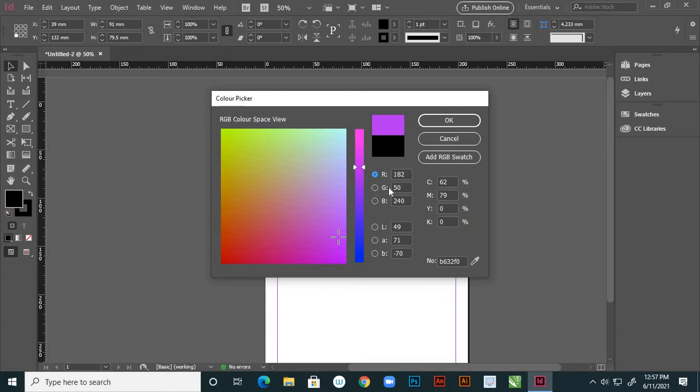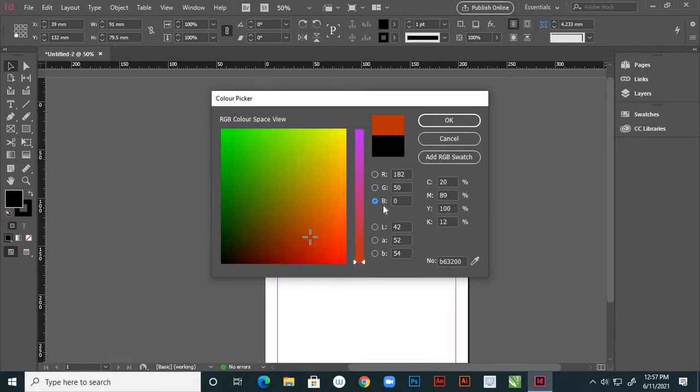See, by adding this green and blue, it is showing this, right? And here the blue is 240, it is showing, right? So here I'm showing, suppose, the 0, so blue is not there. Red and green, by mixing these two, it is showing there, right?